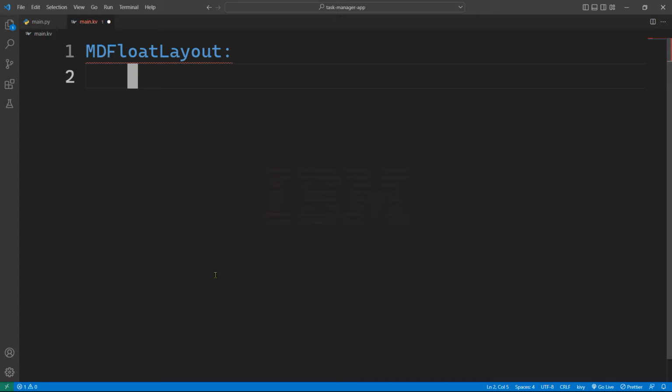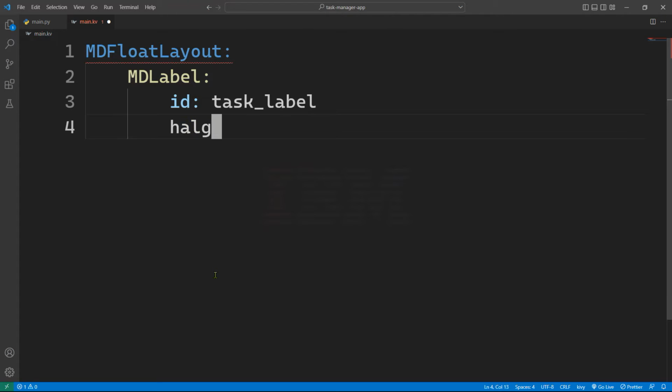Okay, so let's indent, hitting 1 tab or 4 spaces, right? So either way it should work. And we need a label, and in this label I'm going to write task manager or task tracker, as you like. So I'm going to give it an ID. I'm going to call it task_label. Also, I want to horizontally align the text to be in the center, and I want to set the markup